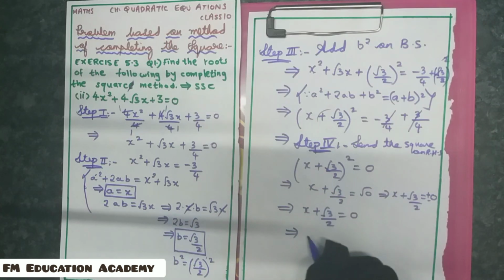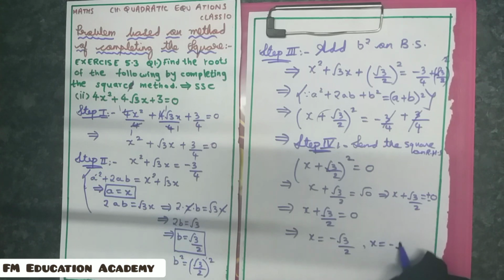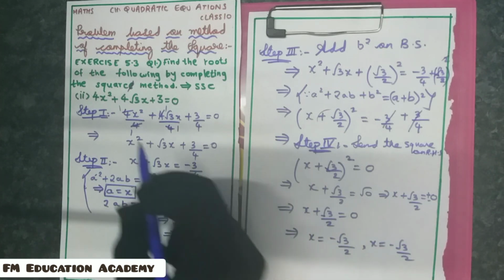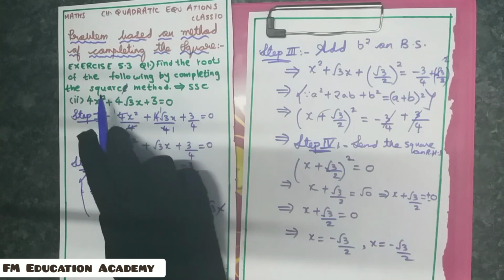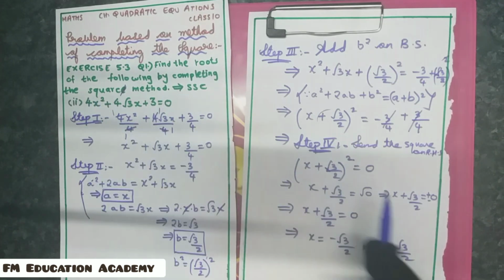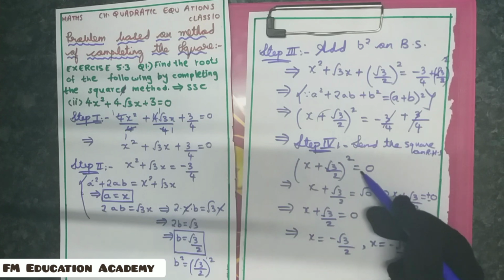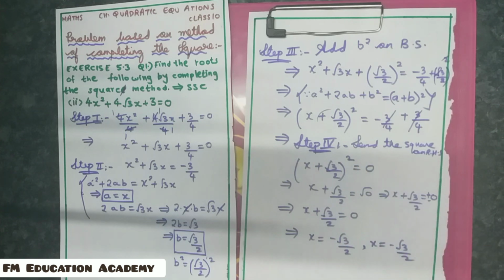Now I have x is equal to minus root 3 by 2, comma again x is equal to minus root 3 by 2. You may wonder, why am I having minus root 3 by 2 and minus root 3 by 2? Remember, whenever you have a quadratic equation, whose degree is 2, it will have two roots. Okay, so as I have got this value as 0 here, remember what was the formula? x is equal to minus b by 2a when D is equal to 0, discriminant is 0.